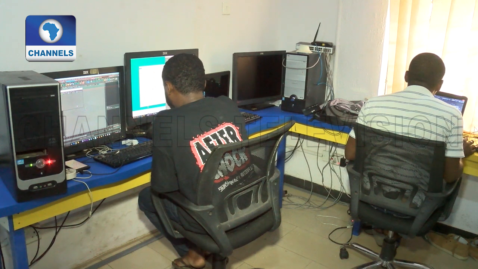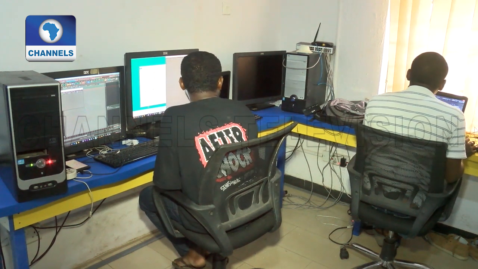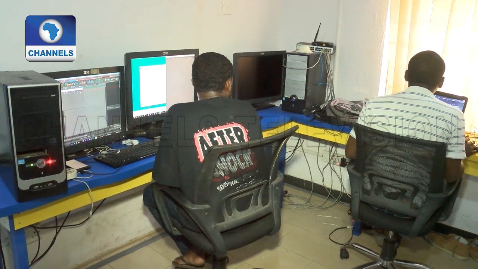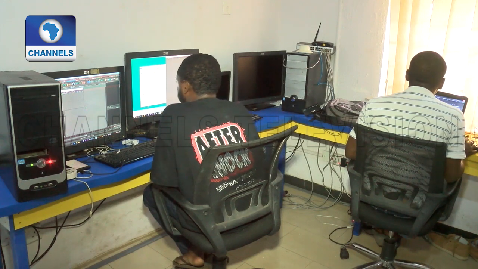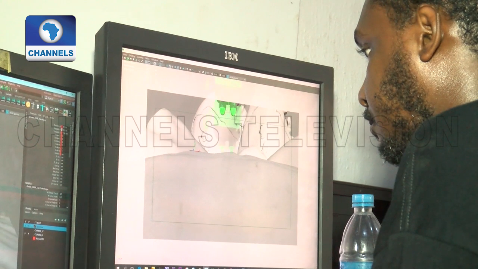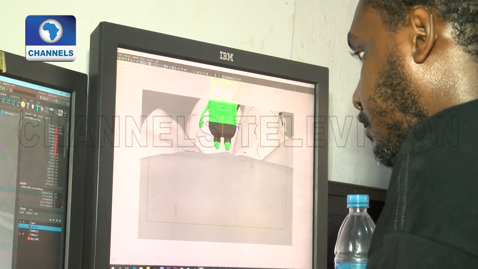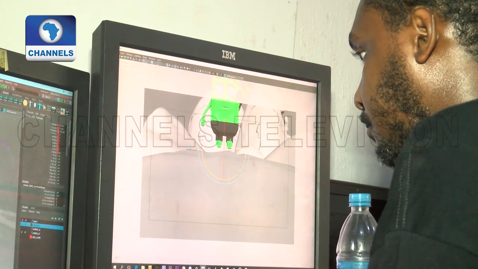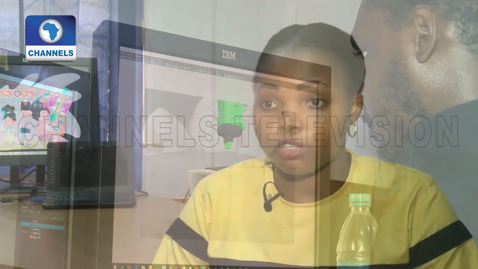Smids Animation Studios, a Lagos-based creative hub, focuses on delivering entertaining computer animation to the public. 3D animation is what we specialize in. We've been doing that for the last 9 years. And with 3D animation, it's essentially you creating the characters and the images in a software. So there are several softwares out there in the market, and you're able to create your designs, rig the characters and animate them